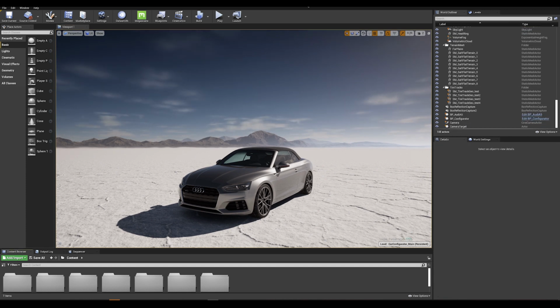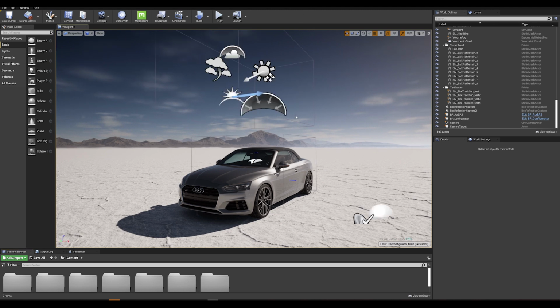Okay, so let's talk about the post-process volumes. Basically what we have here is one for the exterior and one for the interior. The difference comes between the exposure values. So when you place your car in your scene, make sure to have that car placed inside this volume, which controls the interior exposure.